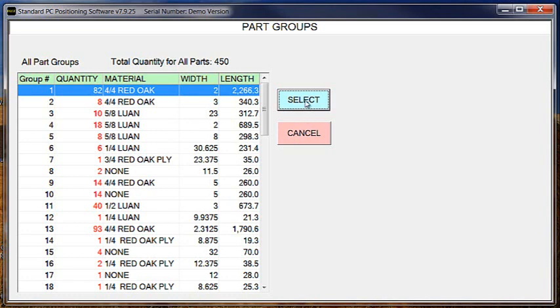Now this can work other ways too. You can sort by more than just material. For example, suppose job number was one of the fields we have to work with. You could sort by material and job number and only run parts that are of a certain material type and from a certain job. That way you could download a cut list that had multiple jobs and multiple materials, and